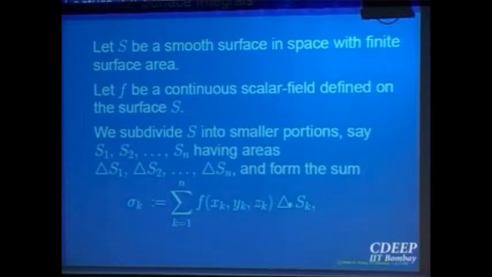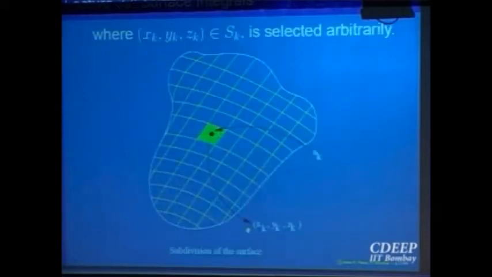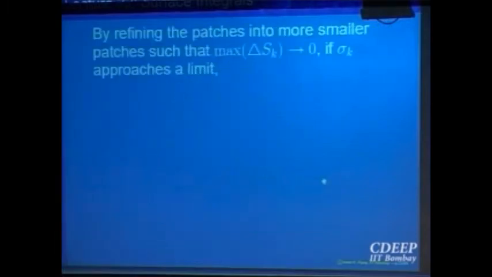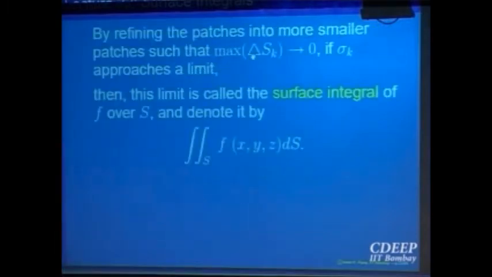So let the maximum size of the pieces become smaller and smaller. So take the limit of that as the norm goes to zero. At any point in each piece, take the density and write down that sum. Okay. So if that limit exists, that will be called the surface integral. The intuitive idea is very clear. What is the surface integral?